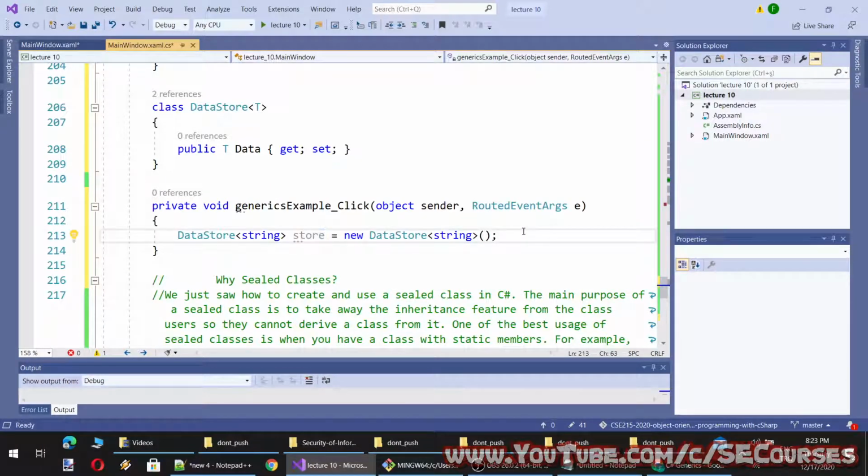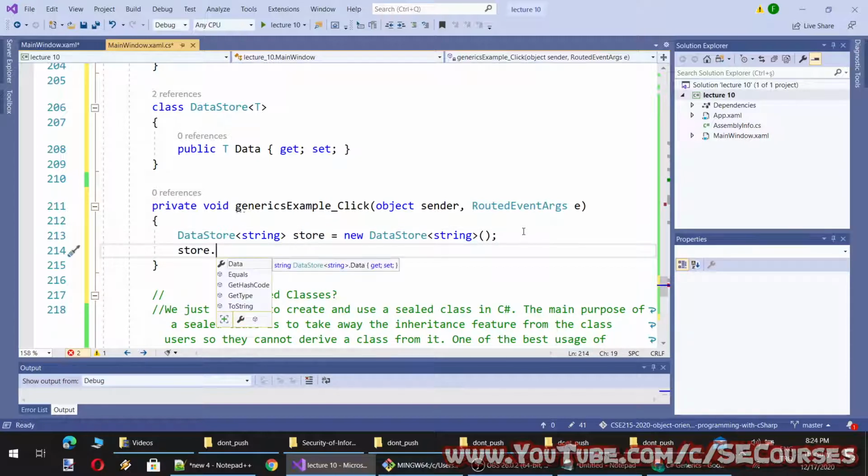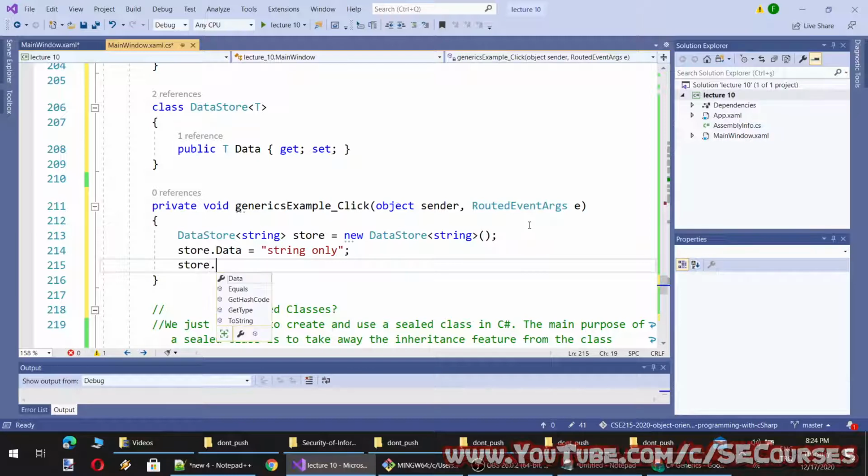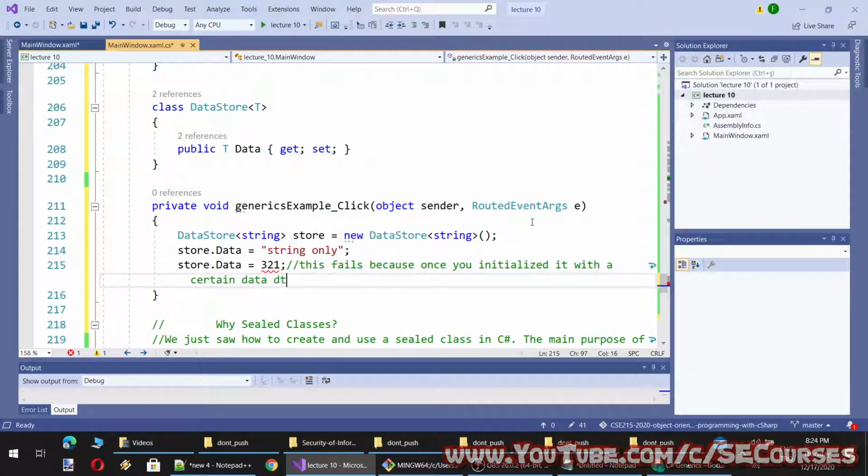Therefore now I can use data of DataStore as string only. After this, I cannot do like this, it fails, because once you initialize it with a certain data type, you cannot change it again to a different data type.